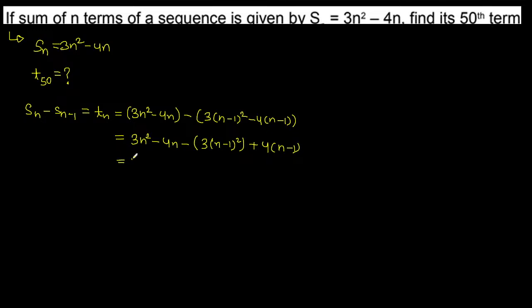If you take 3, (a minus b)... 6n minus 7. So Tn is 6n minus 7,